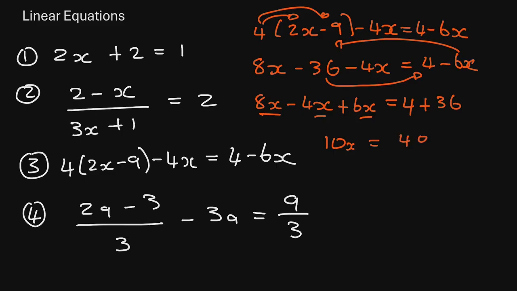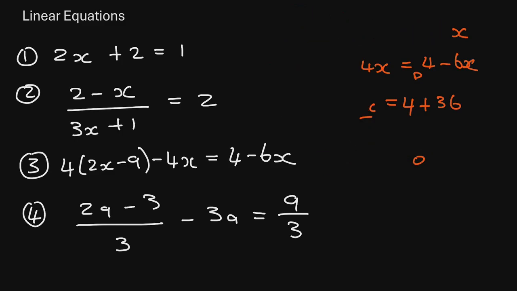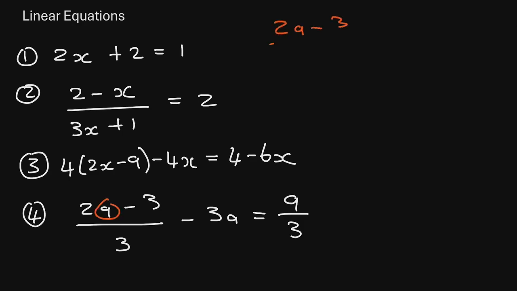So we can divide both sides by 10. And therefore, this will cancel out. And then we have x equals to how much? 40 divided by 10 is the same thing as 4. So now the value of x is 4. So that is how you will solve the third problem. So let us look now at the last problem. So on the last problem, we are having what? This is a here. So we are having 2a minus 3 all divided by 3 minus 3a equal 9 over